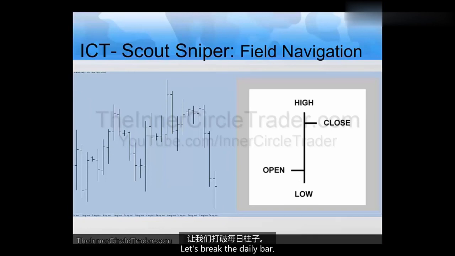But now let's break the daily bar itself down. Looking at the opening, assuming that we were looking for an up day, or we're in a bullish scenario. Generally speaking, if you are trading in an area where it's highly probable for the market to trade up, maybe we're in a consolidation on a daily chart or 4-hour, and the range starts contracting. On large range days, this is a notepad moment, get this written down in your notepad. On large range days, the open tends to be at the opposite extreme of the daily range opposed to the